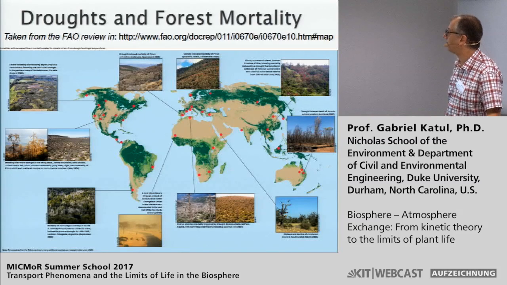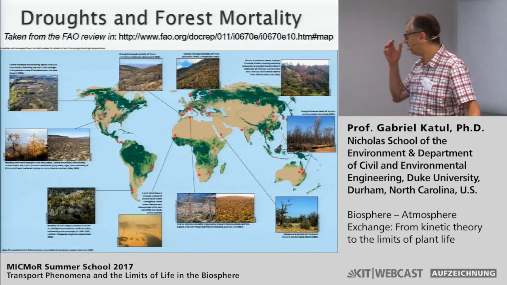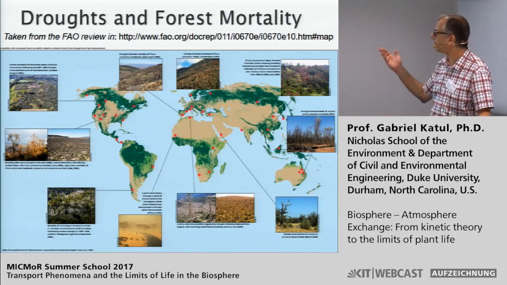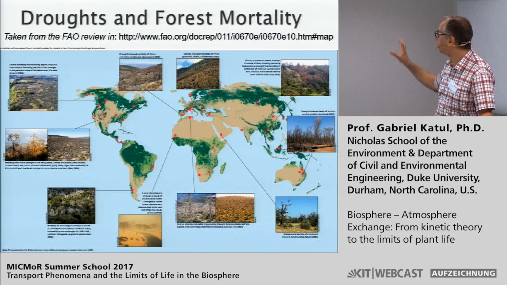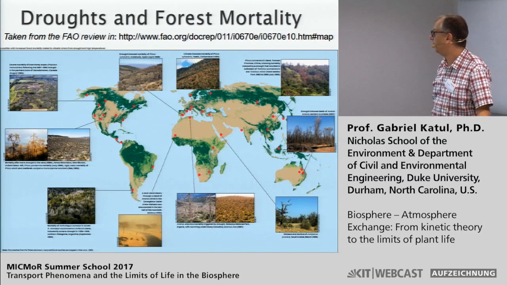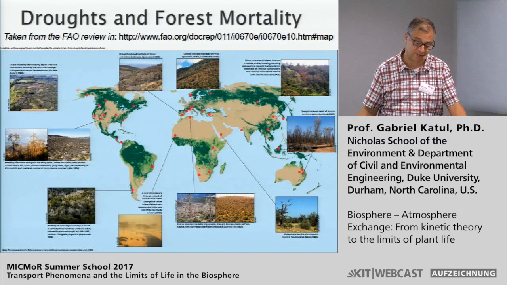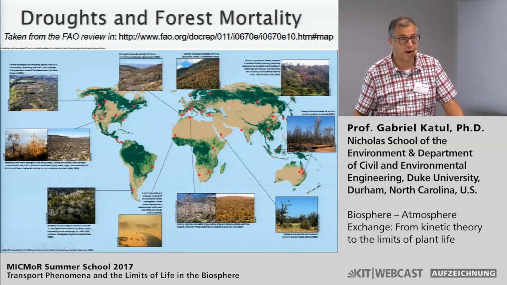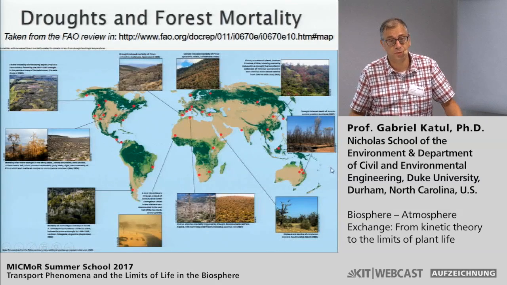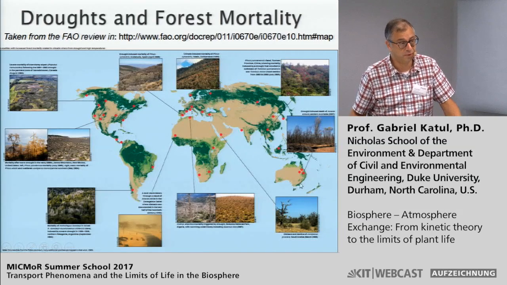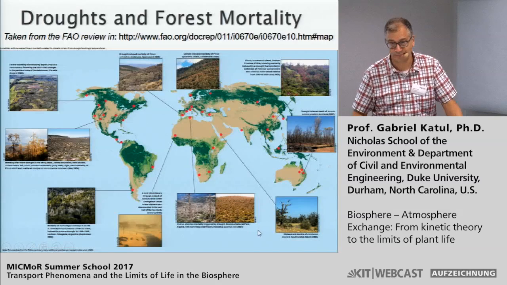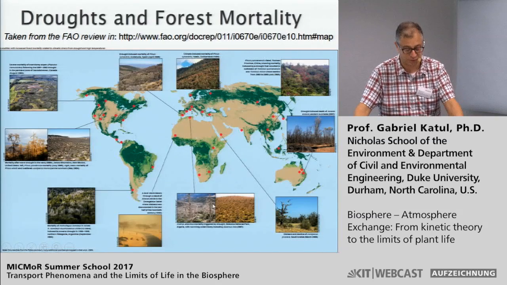And this is just a picture taken from the Food and Agricultural Organization review, where they were documenting the intensification of droughts in many long-term field experiments. And clearly, any attempts to study now the effect of climate on plants, not the other way around, would require a much deeper probing into how carbon and water move into the plants. And that's what we're going to do now, as a complement or a supplement to Wilfried's talk and Nadine's talk.